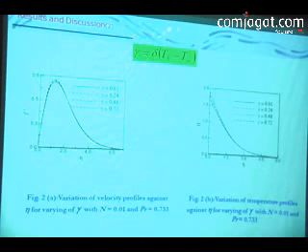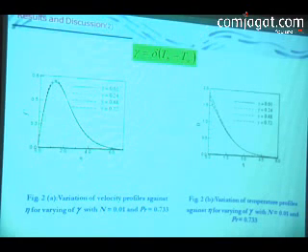Gamma depends on the temperature difference between the temperature at the surface and the temperature outside in the fluid. When the temperature difference increases, then gamma also increases. That means